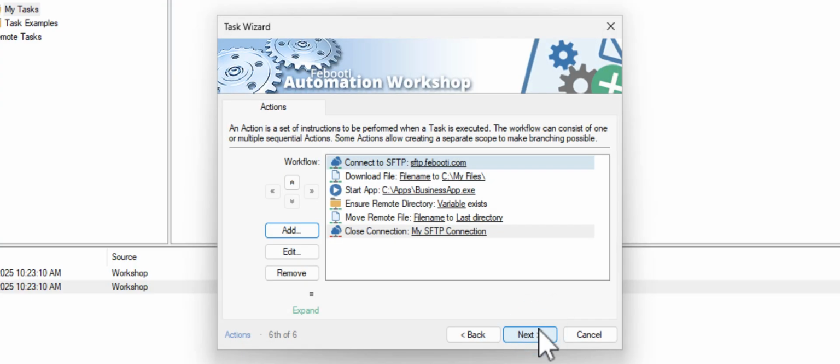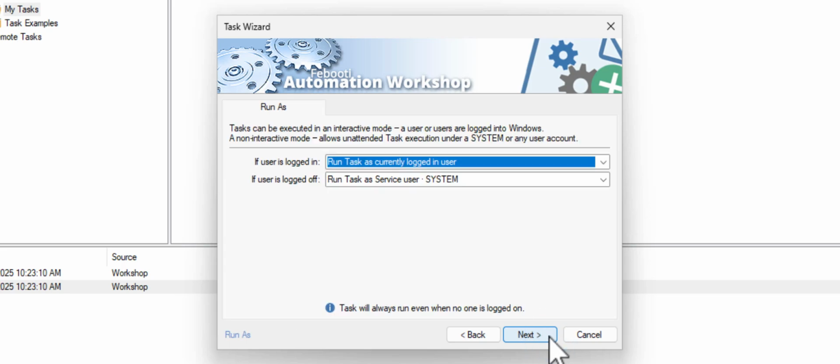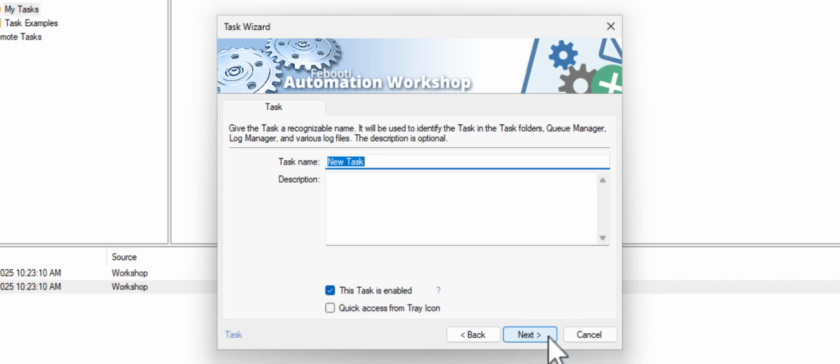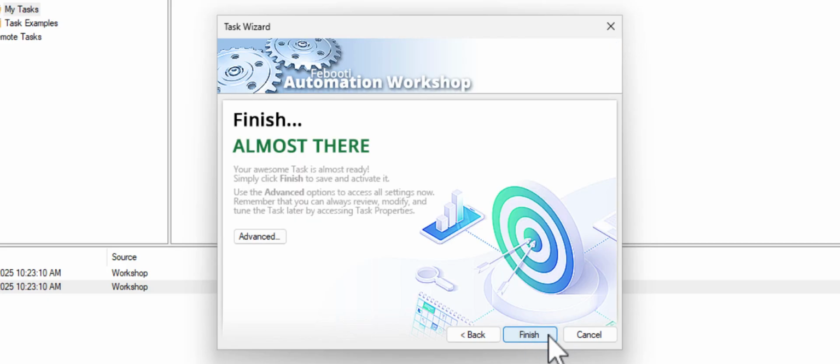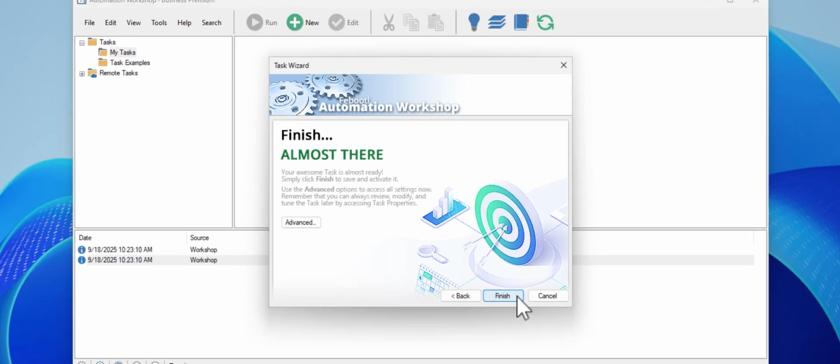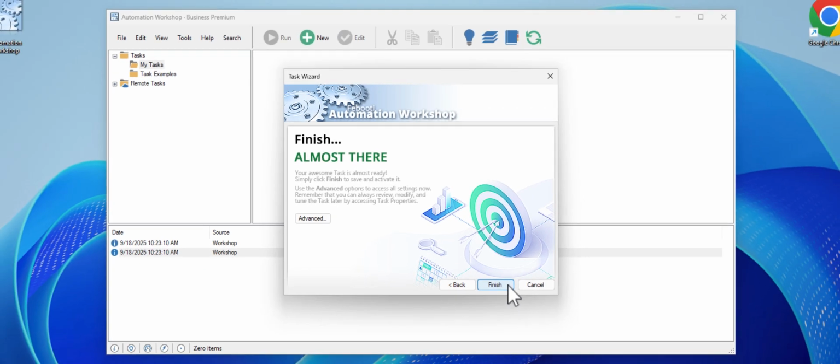Click Next to finish creating the task. Adjust additional settings as necessary. As the final step, give it a recognizable name. I will call it Auto Download Invoices. Once you click Finish,